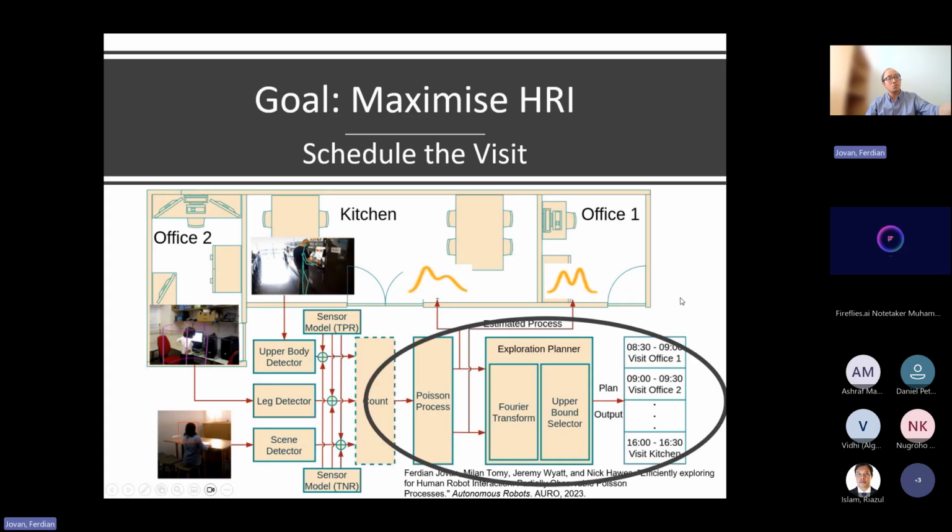Yeah, so you have the Poisson process from the counting to create the schedule. And this schedule actually is not limited to input from maybe a tracker or something like that. It can also be the task that is given to the robot by people in the office. Maybe the receptionist asks it to relay a message to a certain place, or maybe to the boss.